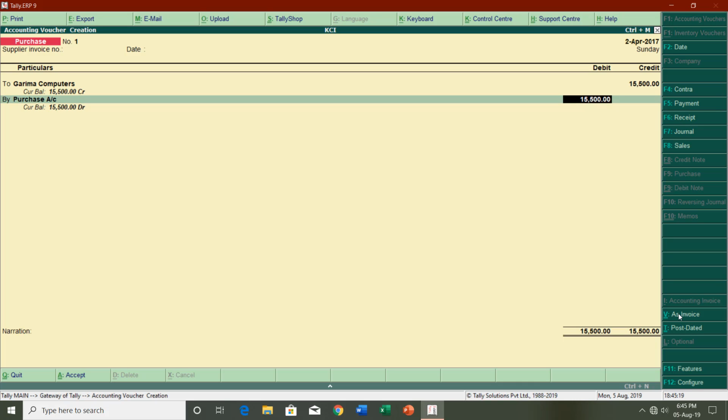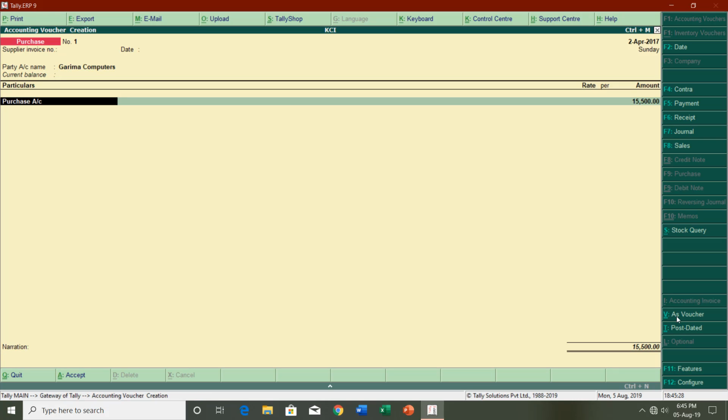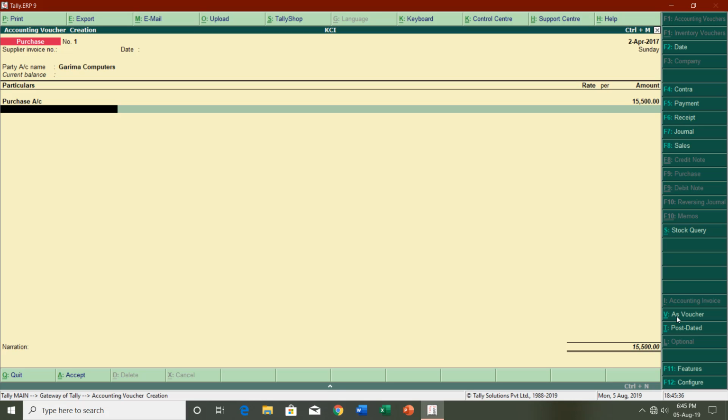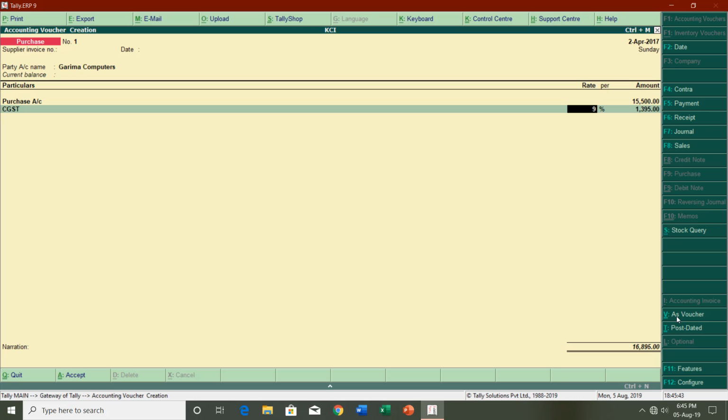purchase amount. But if I change this voucher to as invoice and again fill all the details, party name Garima Computers, and then you have particulars. Here in the particulars I am going to enter that the purchase amount is 15,500, and here I am going to enter the taxes. And first of all I will add CGST, and it automatically calculated the 9% of 15,500, that is 1,395 rupees. That is the advantage of entering a purchase as invoice, because that way it will automatically